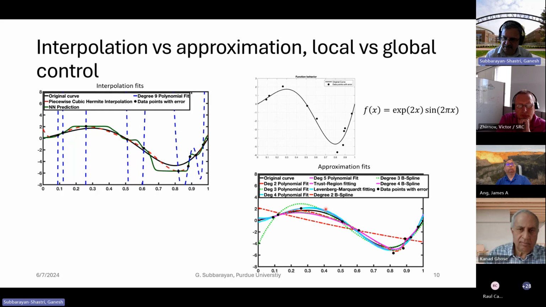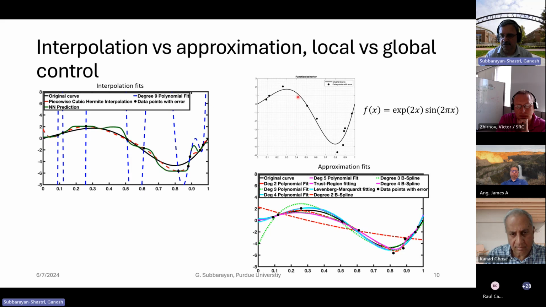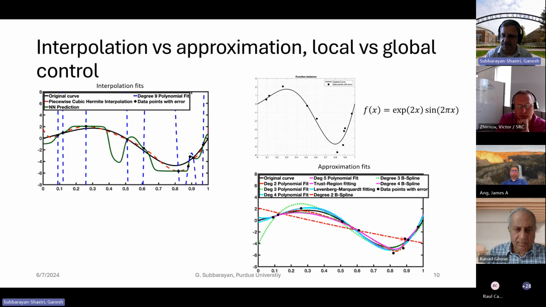I'm going to use different methods, not just a polynomial fit. Now I have a 90-degree polynomial. Instead of interpolating through every one of those points, I'm going to fit an approximation of degree 2, degree 3, degree 4, etc. And I'm also going to fit a B-spline here, degree 3, degree 2, degree 3, degree 4 splines. And you can see that you can many times get much better representation of the original curve with an approximation. Here, for instance, the degree 3 spline actually does a decent job